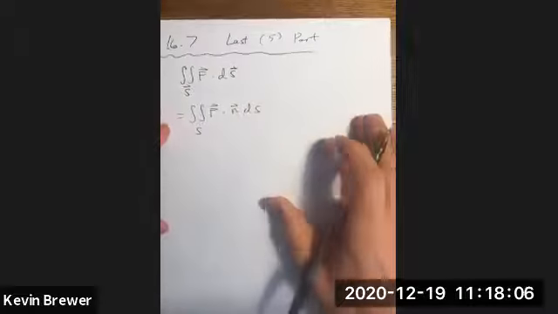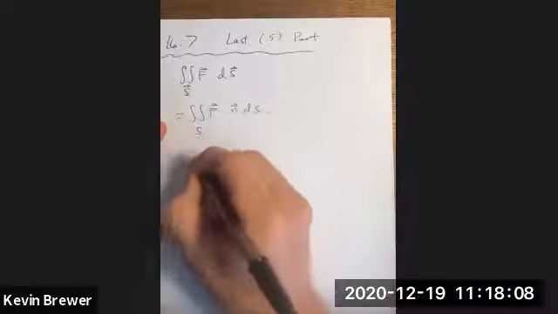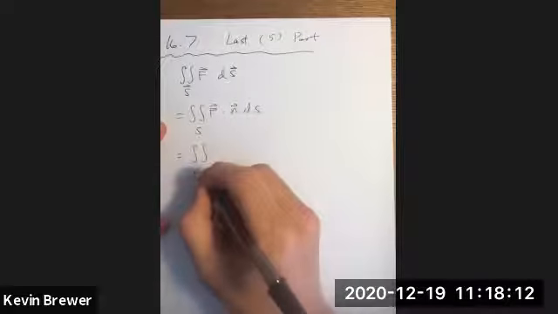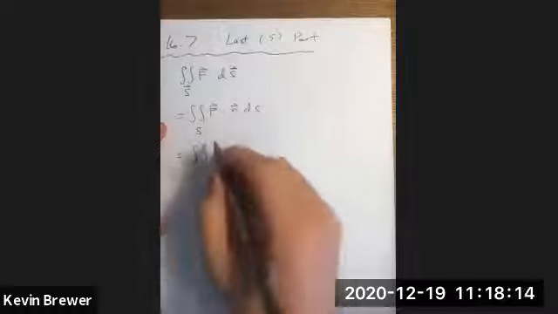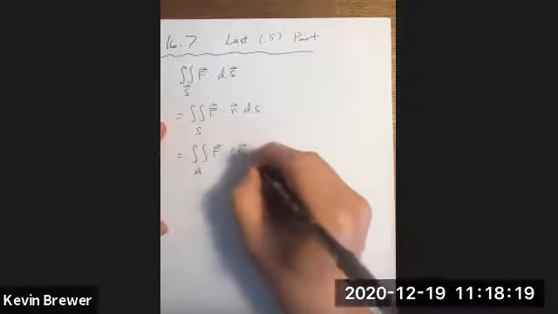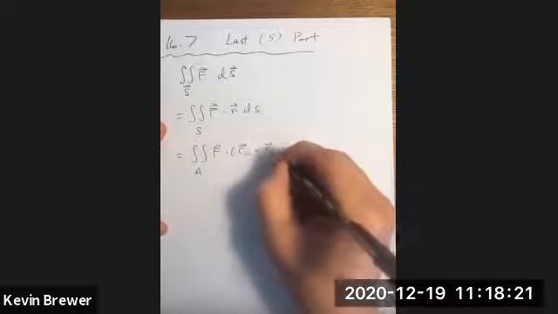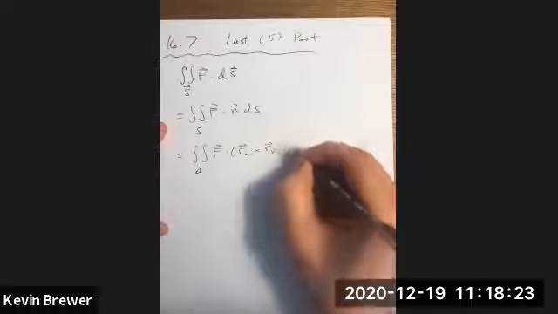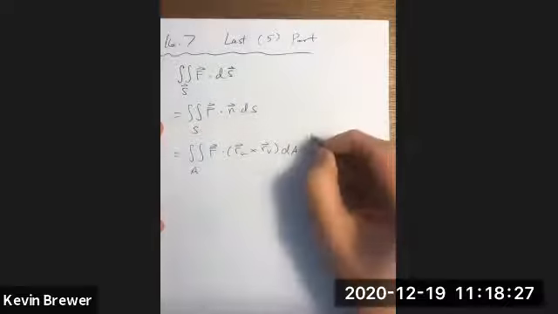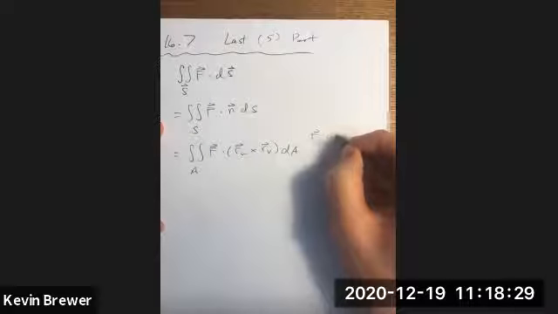And that we further break this down, or rewrite it, into the double integral over a plane region A of F dot r_u cross r_v dA, where r gives